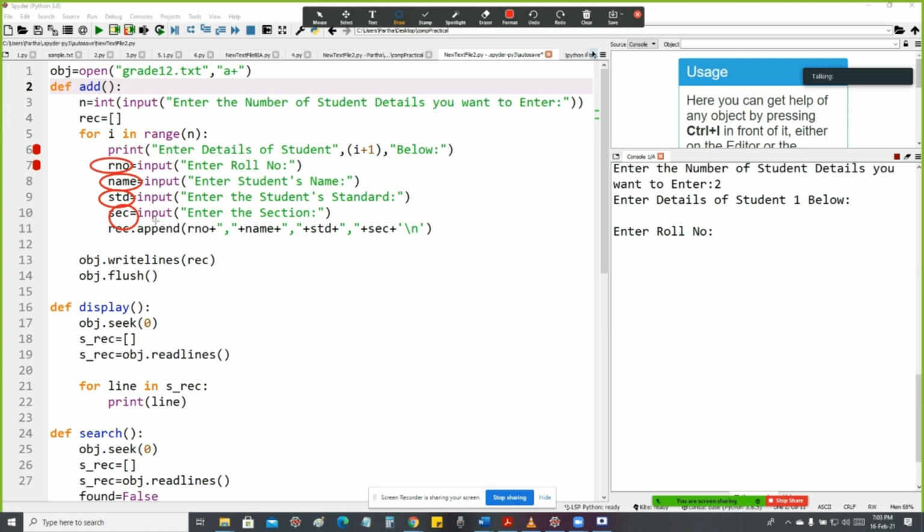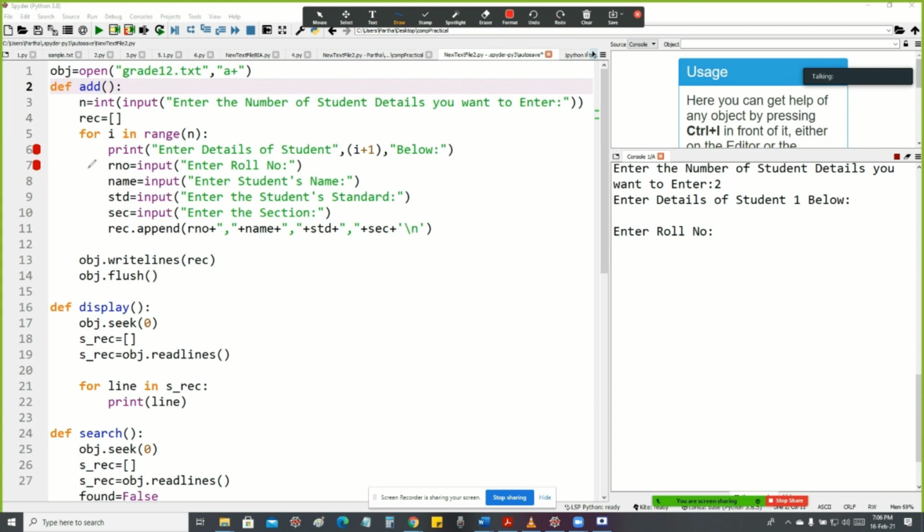So sec equals input, enter the section. Whatever section is entered by the user will be accepted and stored in the variable sec. So finally, I'm using the append statement, rec.append of rno, name, std, sec.